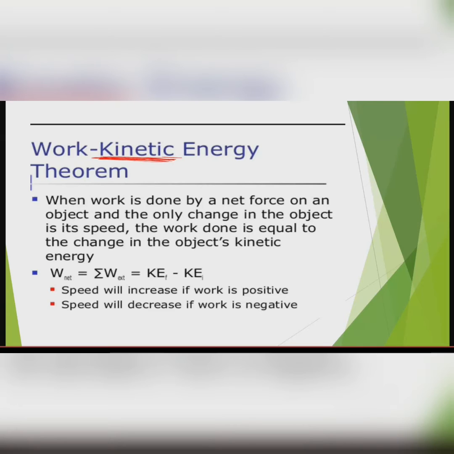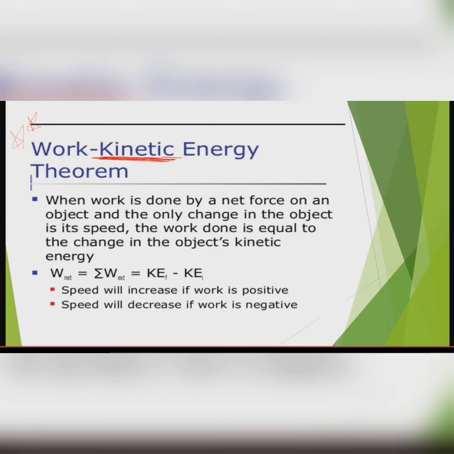Fine. So under those conditions, whenever a force changes the state of motion of an object, this theorem states that the work done by net force is always equal to the change in the object's kinetic energy. So whatever be the net work done would be equal to the final kinetic energy minus initial kinetic energy. Now, how do we go about proving it? And please mark it important. Often asked in the examination, work energy theorem.